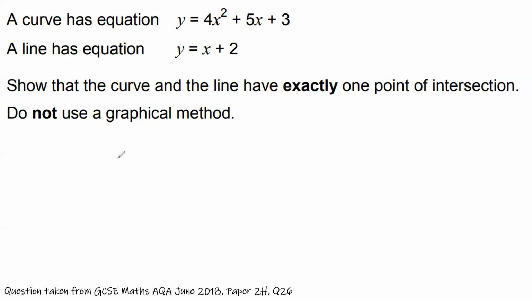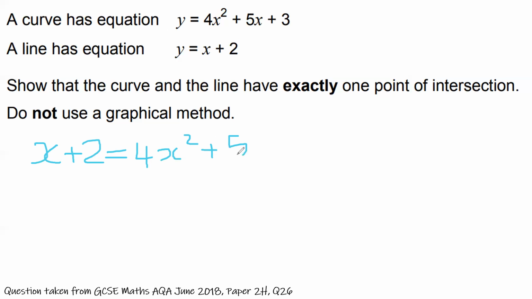Okay, let's get going. So we have got a curve and we've got a line. Hopefully you remember that if we're trying to find a point of intersection between 2 lines, we can use simultaneous equations to find the point where x and y are equal in both of those equations. And the exact same principle applies here. So we can set these two equations equal to each other because they both equal y. So we'll have x plus 2 equals 4x squared